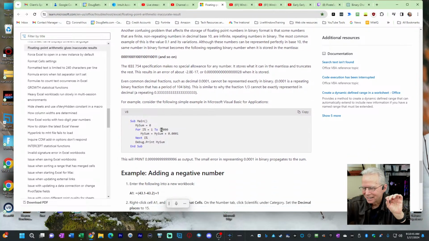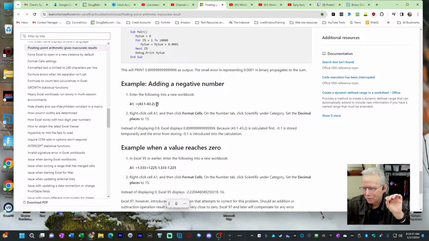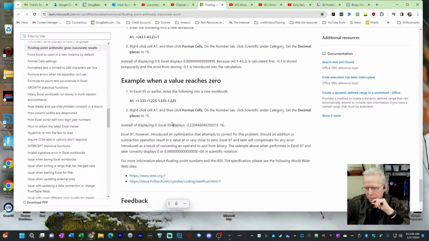All right. Adding a negative number. And that's an issue. When I saw this, adding a negative number, I thought, well, now what do you mean? We were doing that because we're having deposits and withdrawals from those accounts. And so that is adding a negative number. And that has a piece of this problem.